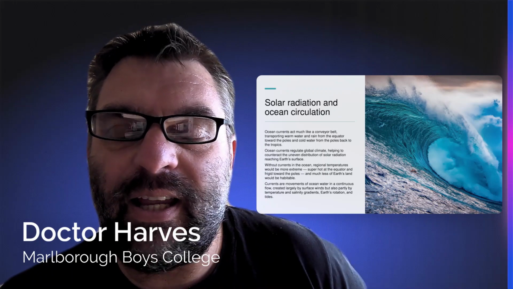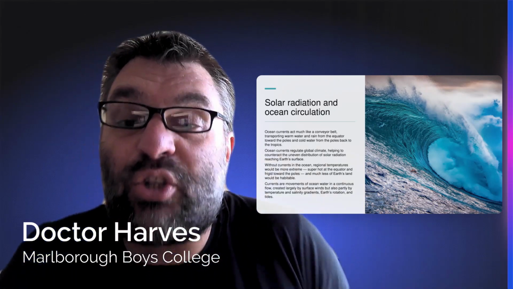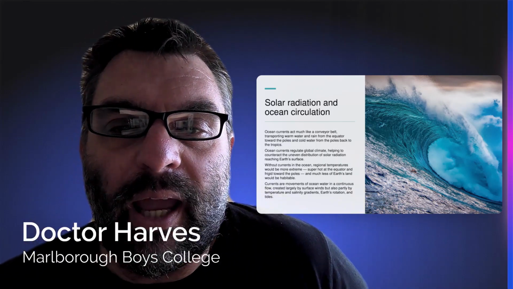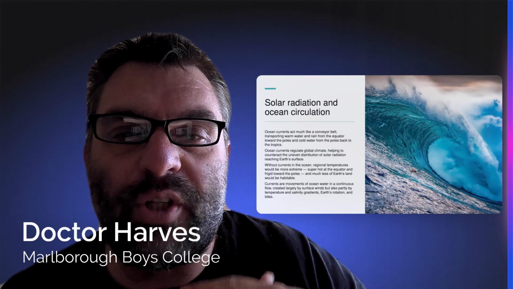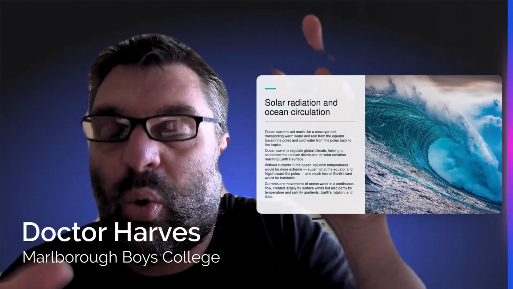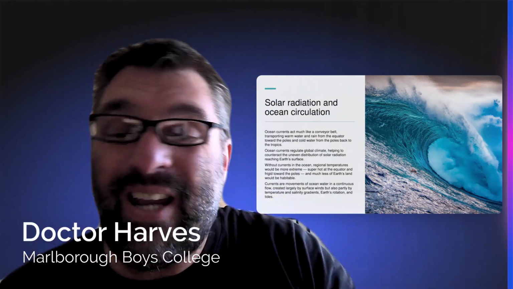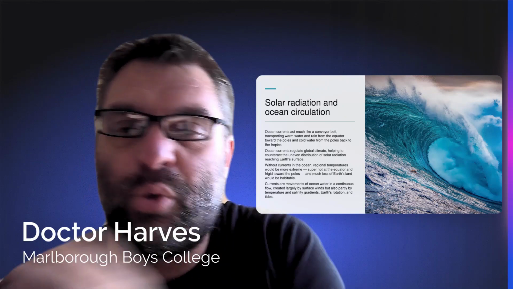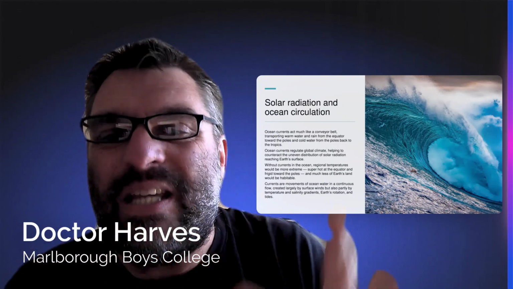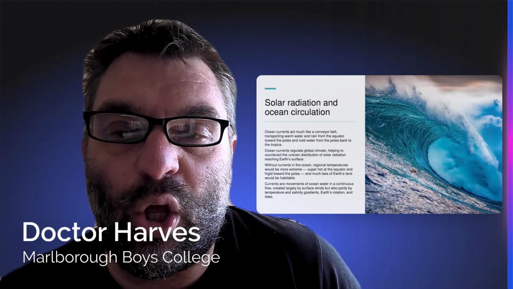The oceans act as a sort of conveyor belt which brings nutrients up from the bottom of the ocean, and also pushes water from the equator, the warm part, down to the colder poles. So that means the equator doesn't get too hot and the north and south poles don't get too cold. It keeps the temperature reasonably even over the entire planet, so we can have life on Earth and make it more